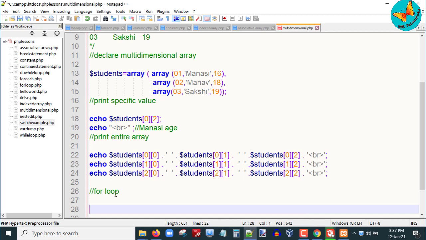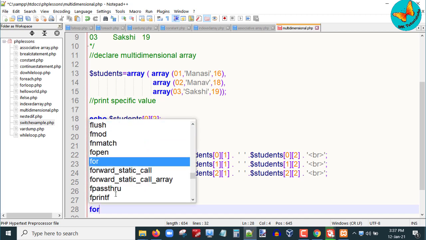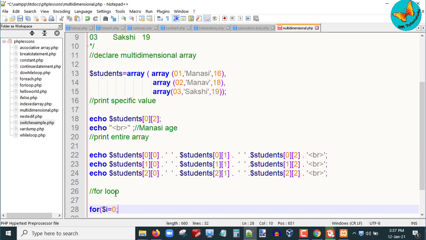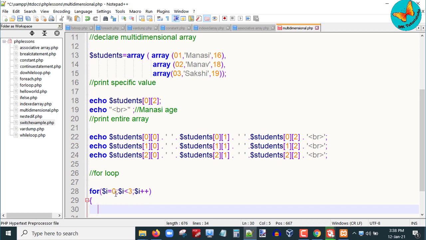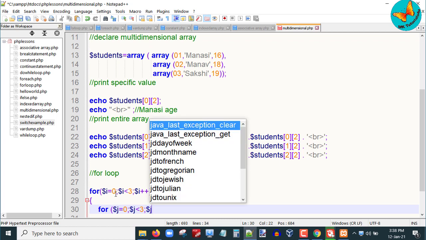So let us write for, then inside the brackets, for rows, say I take the variable i. Here I can use the count function if I don't know the number of values in that particular array. Since here I know that there are 3 rows, I will start my count from 0 till the third row.